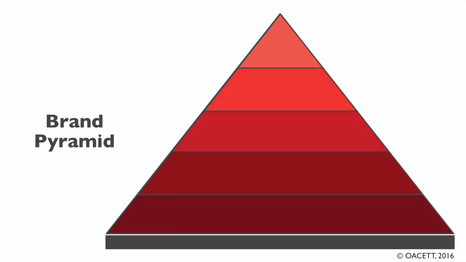We'll start right at the top of the brand pyramid, and this is what's called the brand focus. So it's a very, very pinpoint, narrow piece that everything in the organization comes down to. So it's a single word, so this is where you have to wordsmith things a bit. It's a single word that's the entire focus of OACETT as an organization. So that's the brand focus.